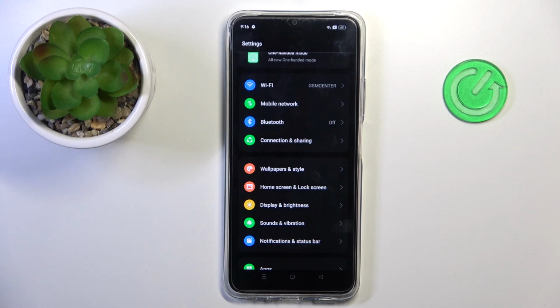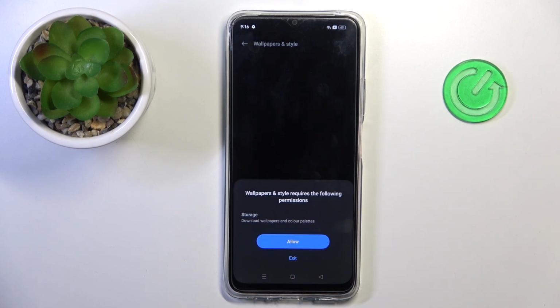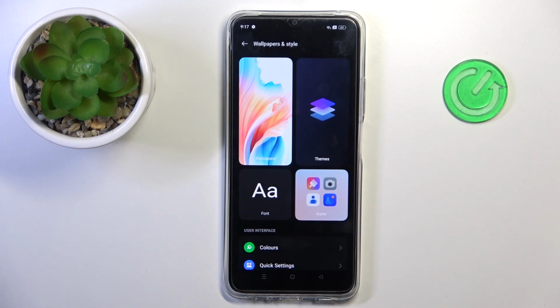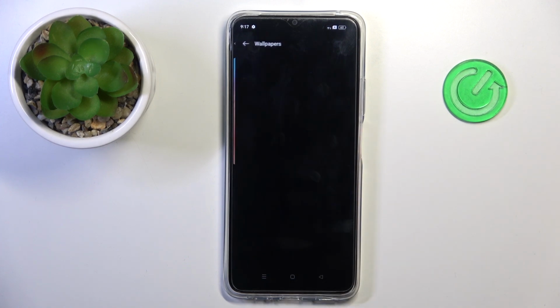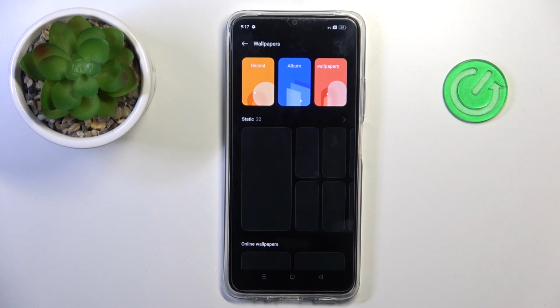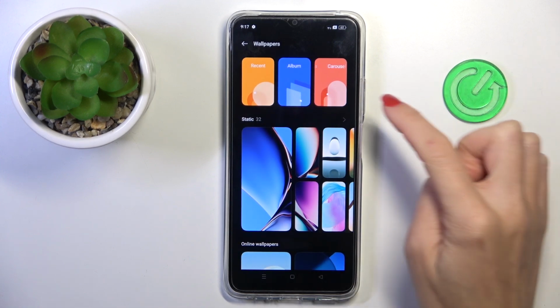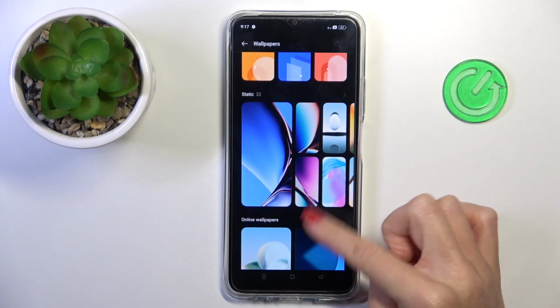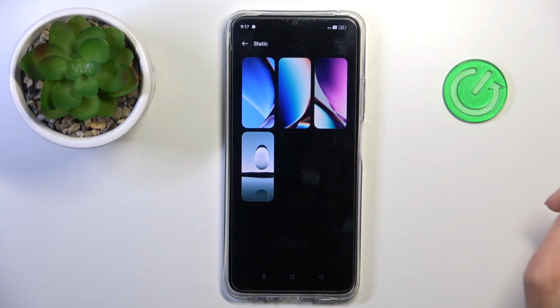At first, open the settings, then go to Wallpapers and Style. Select Wallpapers, and now you can choose something from your recent photos, some album of yours. You can apply carousel wallpaper, static wallpaper or online wallpaper, whatever you like. I will pick something from static,